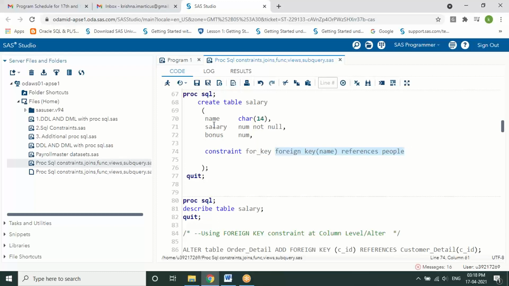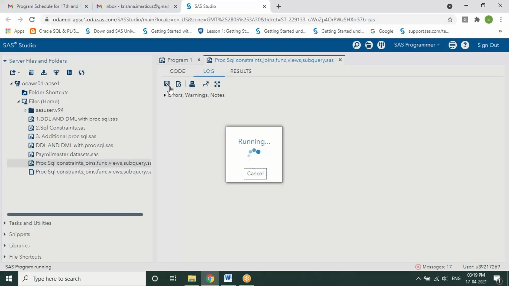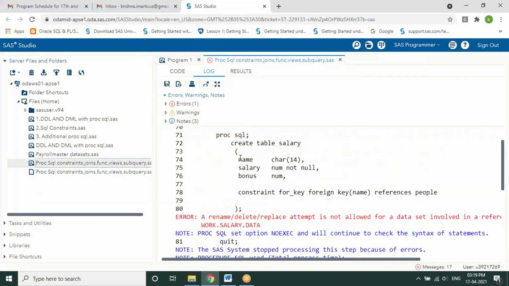So the name in this salary table is now referencing the name column of the people table. Here we are referring this column to one other table, making it a referential key to the primary key of another table. That way we create a foreign key or referential key. So if we execute this, a table gets created.